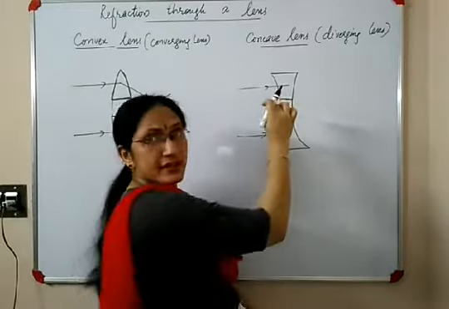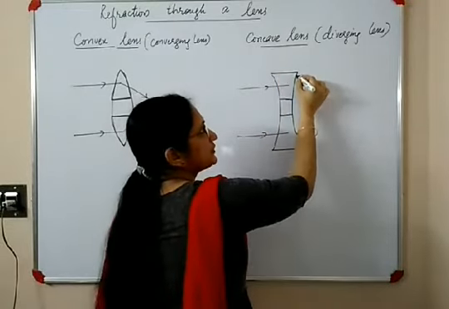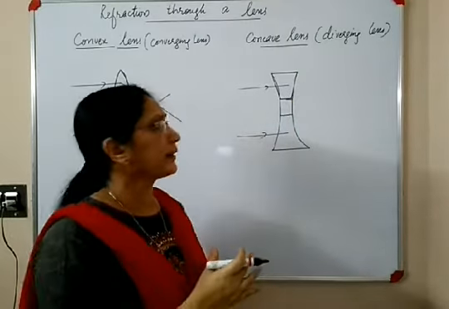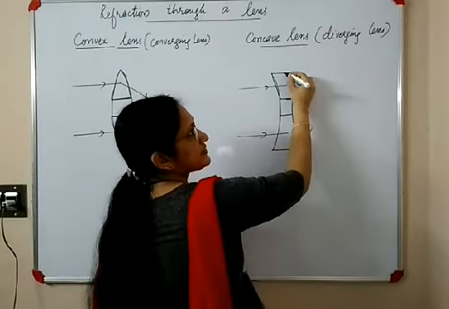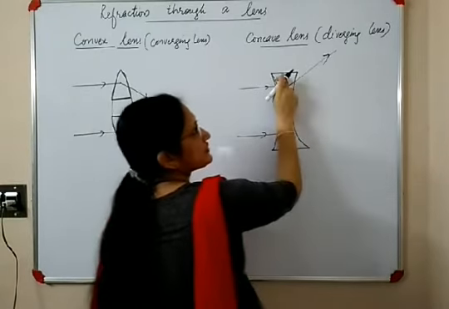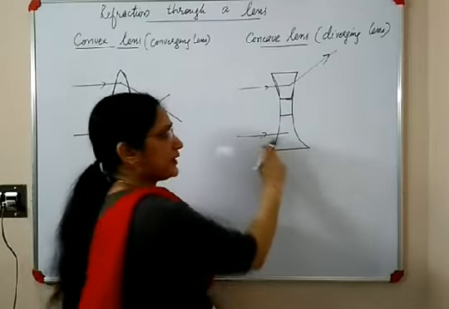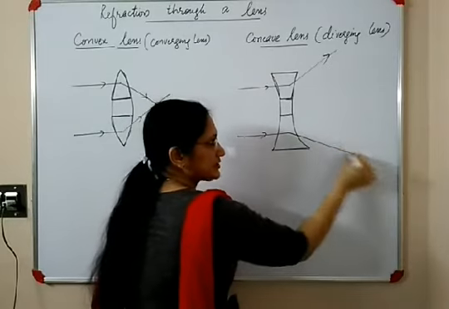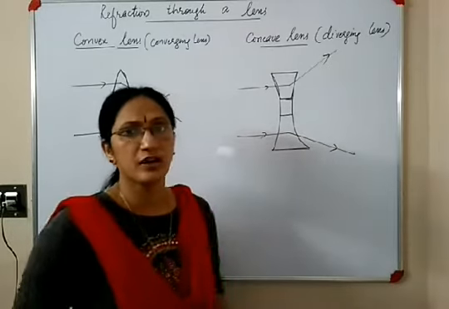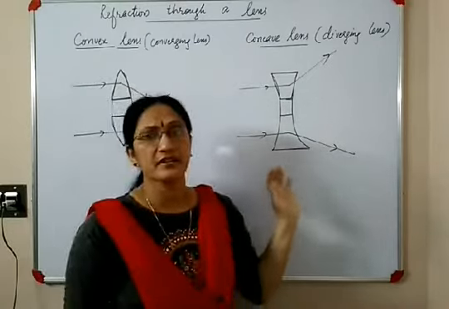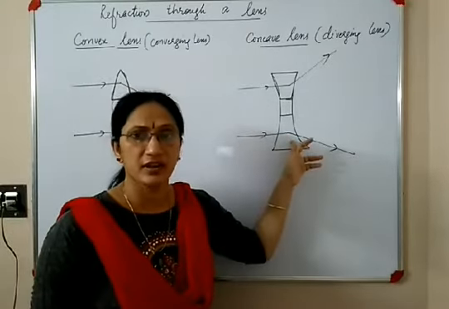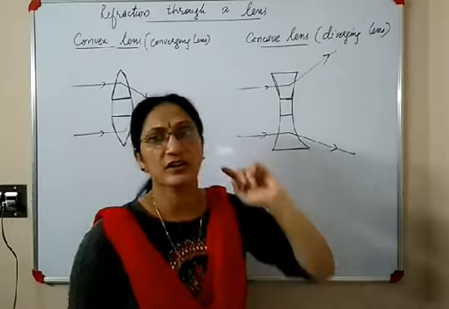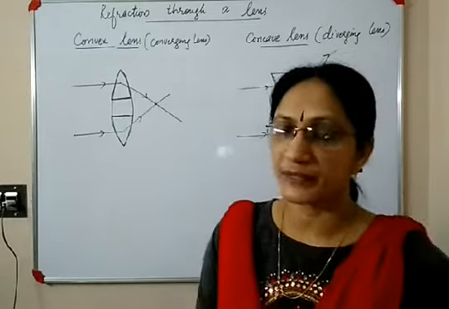Look at the first light ray, it passes through this prism. Only part of the prism is shown in the diagram. For this prism, this is the base, so this ray will bend towards the base. Similarly, this light ray passes through the lower prism. Its base is here. So this ray will bend towards the base, which means it will go downward. So what happened to the parallel light rays after passing through a concave lens? You can see they are diverging. That is the reason why a concave lens is called a diverging lens.